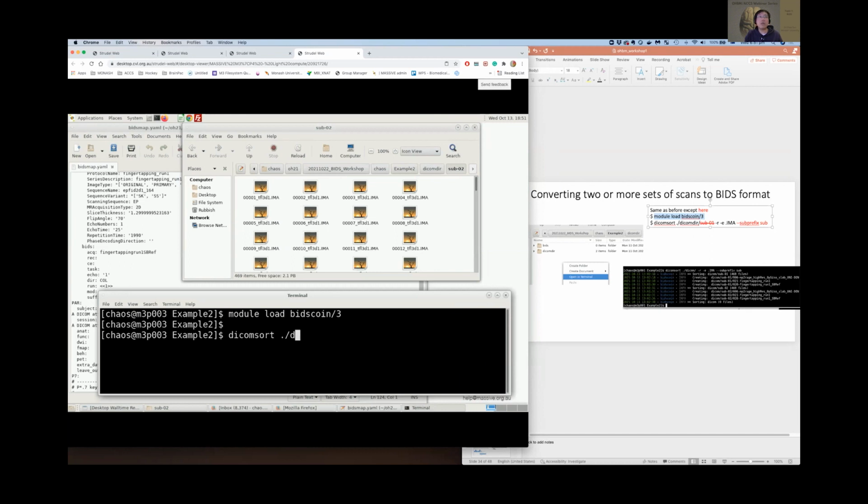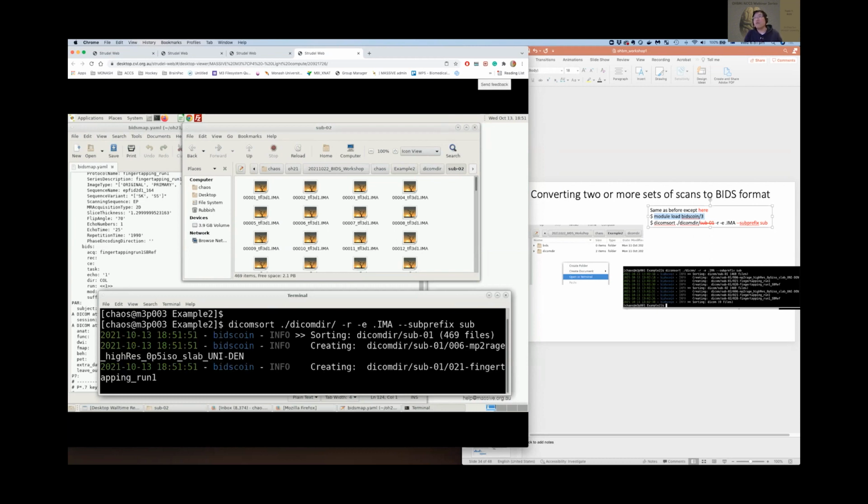Instead of typing in to specify which participant it is, I'm just saying, go searching all of the DICOM DL folders, right? And the -R, -E is the exact same flag as we saw before. And then here is the difference. It's a subject prefix, sub. It's pretty straightforward. Just say all of the folders with the prefix of sub will be considered as the folder they need to process. And it should recognize there are 2 folders and convert it for you.